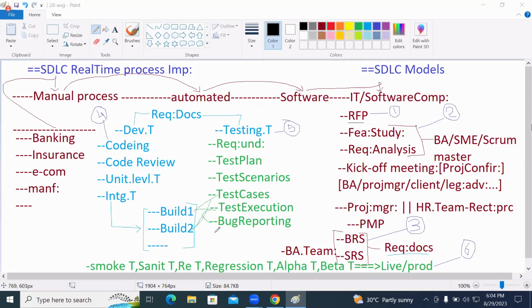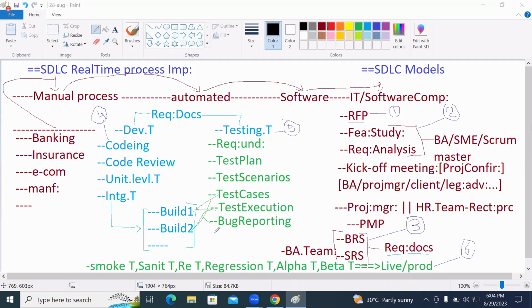So that is how the development activities and testing activities need to be taken care of in parallel. In certain stage, all the builds will be completed and then taken care of and released into live environment